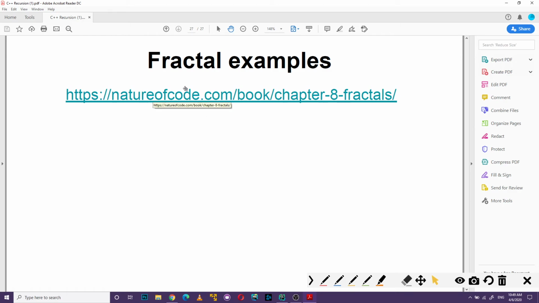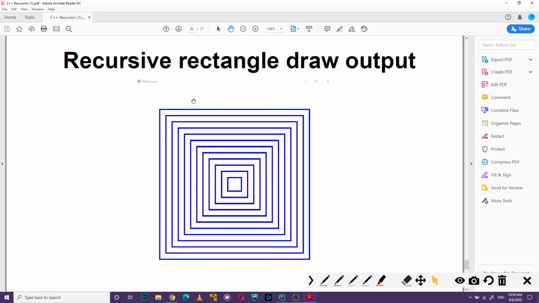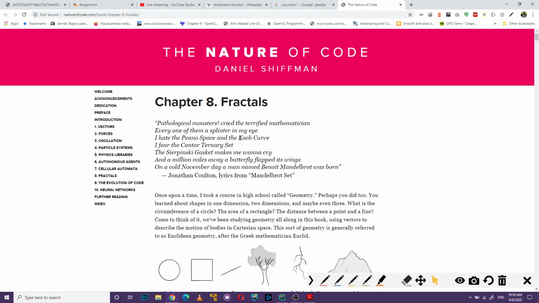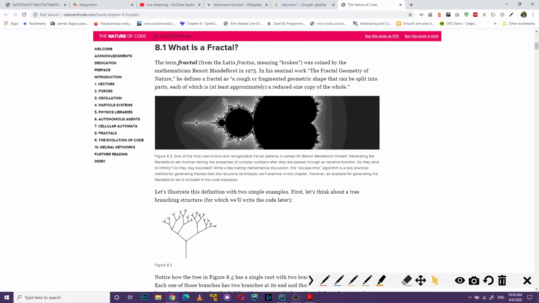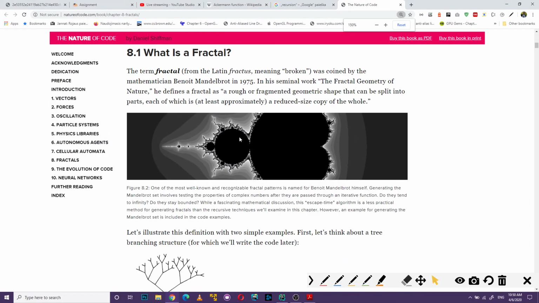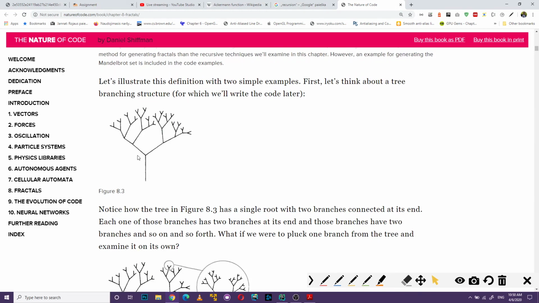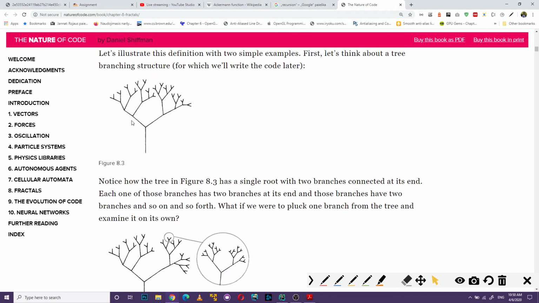And here are also fractal examples. Before I show that example, this one shows how it looks in a real project. Here are some fractals. It's using recursive functions. Mandelbrot, as you see, it's from 1975. In computer graphics, you will get this nice drawing. You're able to draw the branches,